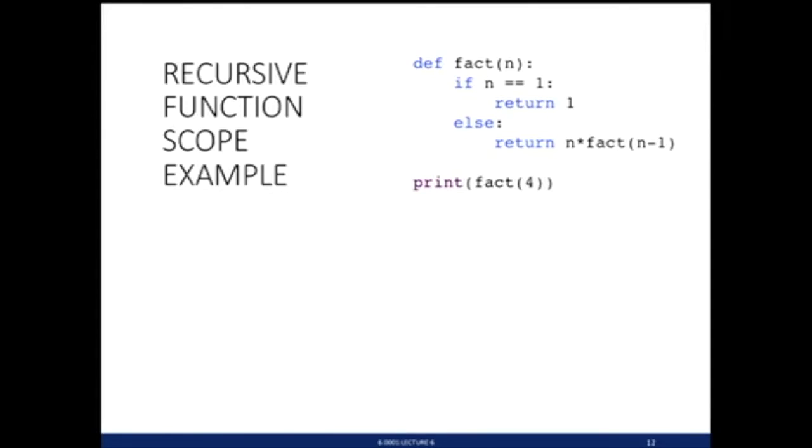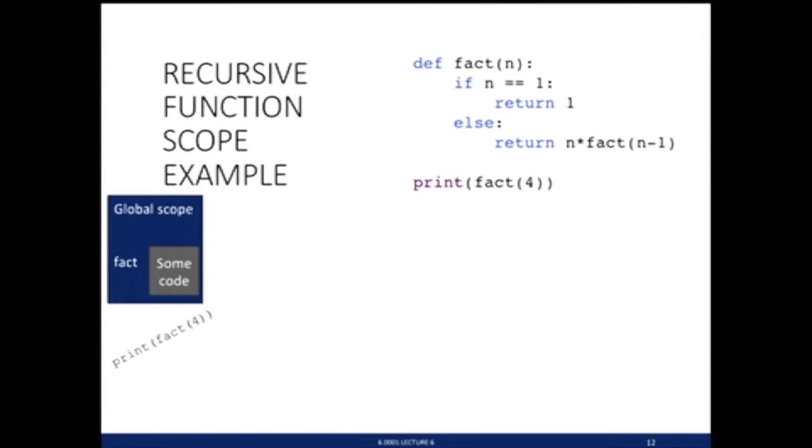And let's use the tools that Anna talked about in terms of an environment and scope and think about what happens here. So when I read that in or evaluate that in Python, it creates a definition that binds the name fact to some code, just all of that stuff over here, plus the name for the formal parameter. It hasn't done anything with it yet. And then I'm going to evaluate print of fact of 4. Print needs a value, so it has to get the value of fact of 4. And we know what that does. It looks up fact. There it is. It's